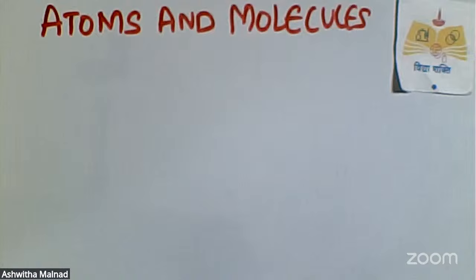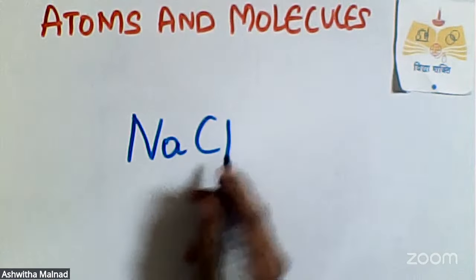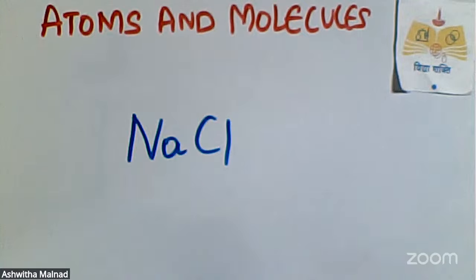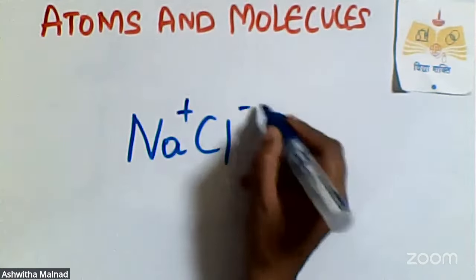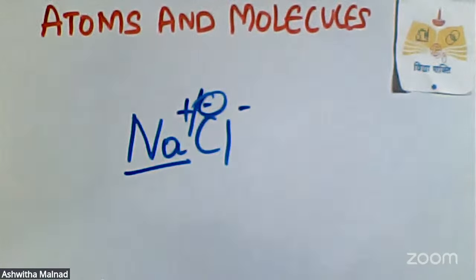I had got a question from one of the schools. I think it is Anjutagi school, if my memory serves right. They asked me a question: ma'am, in the formula NaCl, that is sodium chloride, here we call Na as plus and Cl as minus. Why is Na plus? Why not minus? Very good Anjutagi school for posting this kind of an interactive question. Any idea why Na is positive here?